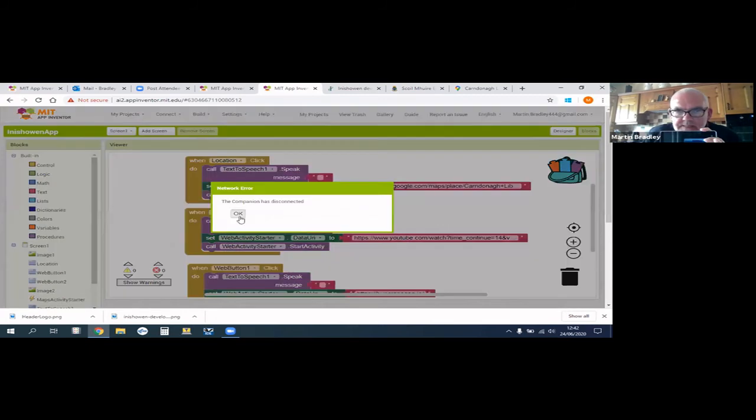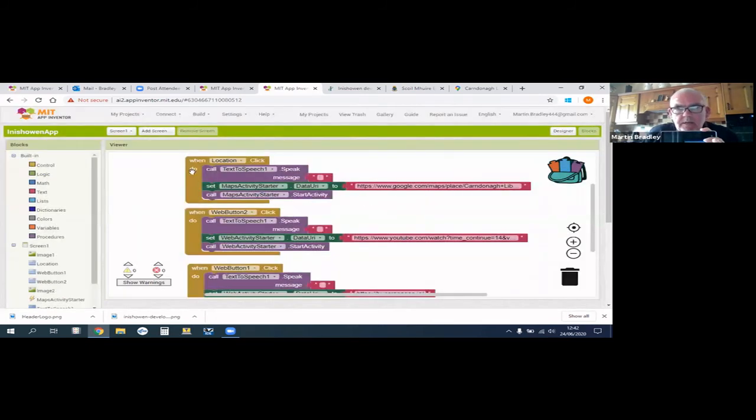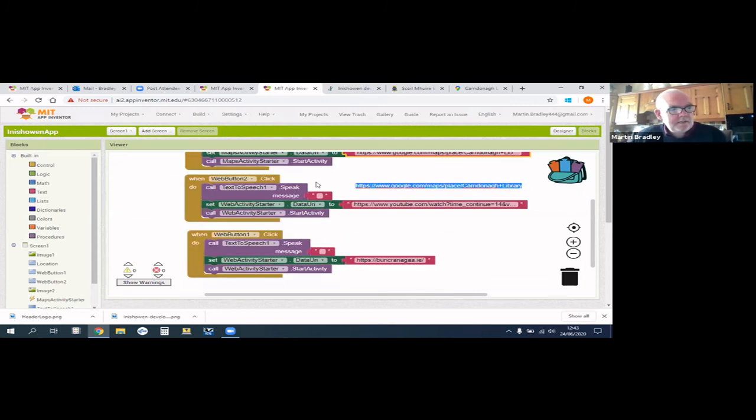So basically what happens here is when the location button for this app is now pressed, it goes to this new URL, which will automatically bring up the Cairn library in Google Maps on your app. So if you do that with your own school and you click your own school's location in there, it'll automatically come straight up. Let's see if I've lost connection again, but if I go back,